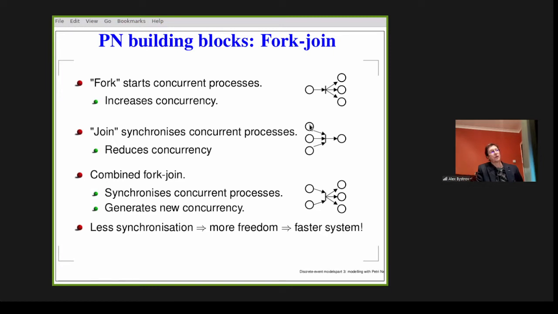And only when all three places are filled with tokens, only after that, this transition becomes enabled and fires. In the process of firing, it will eat the tokens from here, here, and there. So it will consume them and will place a token there. On the right, there will be another net connected. It will be just one thread.